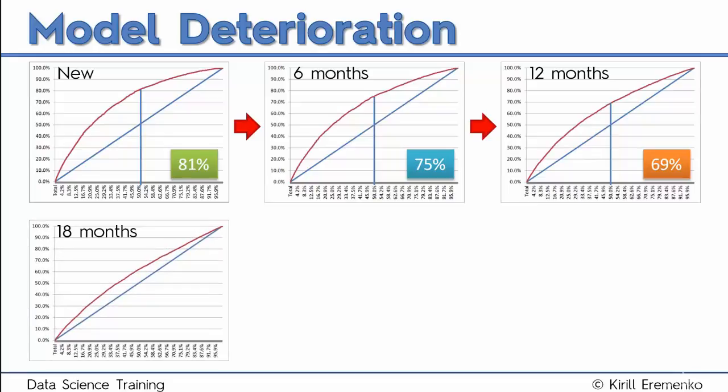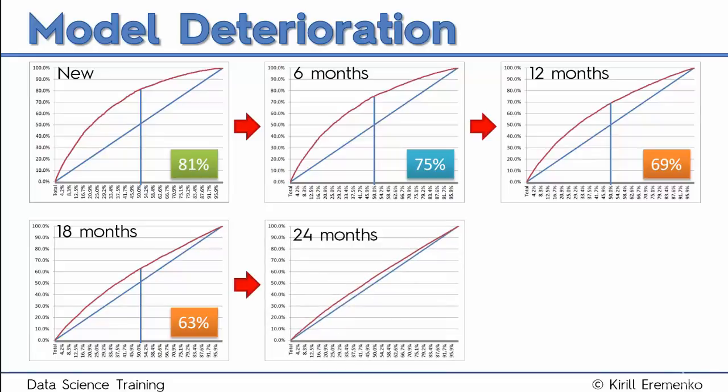Another 6 months down the track, 18 months after deployment, how well is our model doing? Only 63%. That is definitely a poor model. Can't really derive a lot of value from that. But we are not maintaining it, so let's see what happens 6 months later. 24 months down the track,